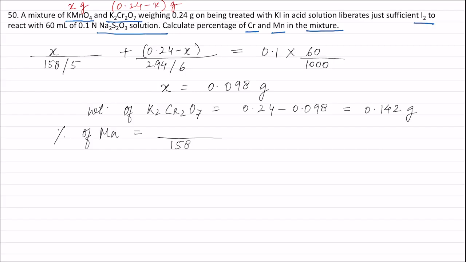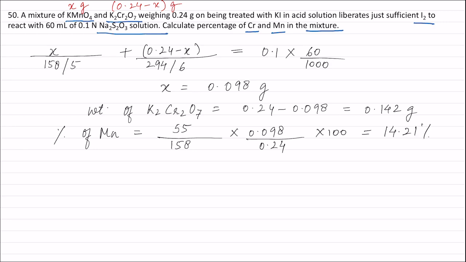Therefore, out of 158, amount of manganese present is 55, and multiplying this by 0.098 will give the amount of manganese present in 0.098 grams of KMnO4, and dividing it by 0.24 grams, that is the weight of the mixture, will give the amount of manganese present in 0.24 gram of the mixture, and multiplying this by 100 will give the percentage of manganese, which is equal to